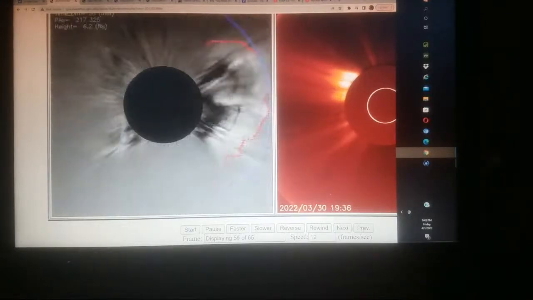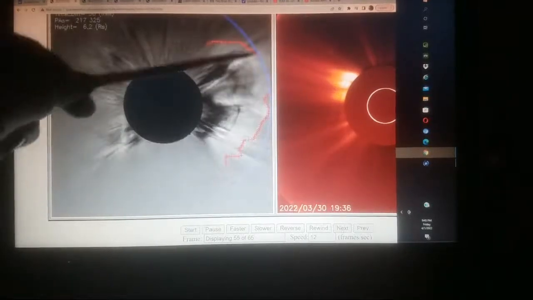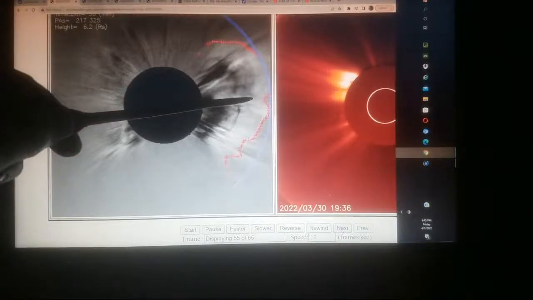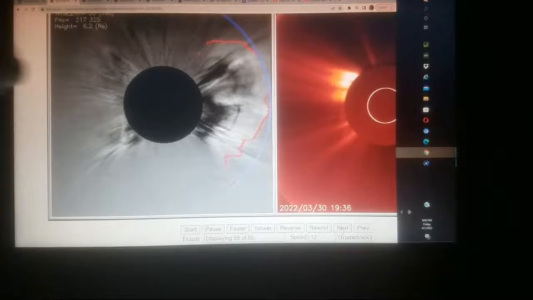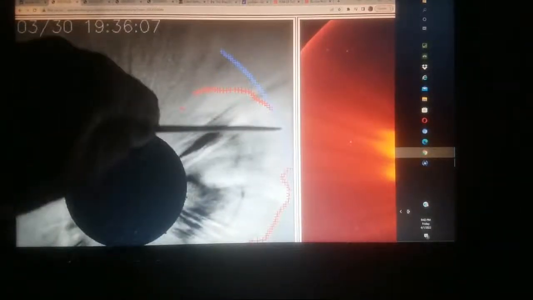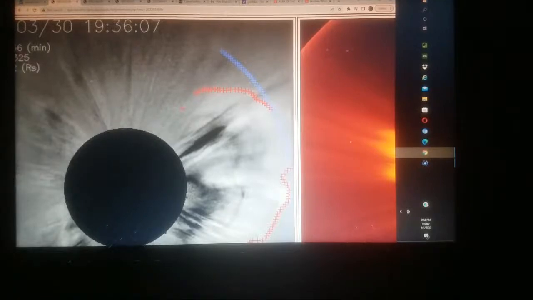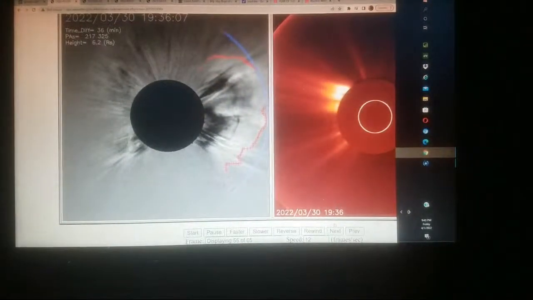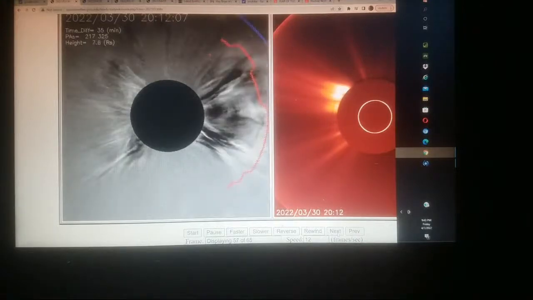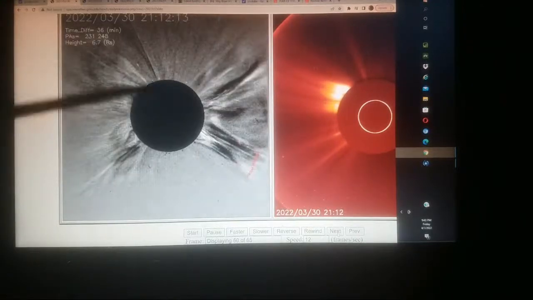Alright, here's the opening frame. It's already in progress. Most of it's moved out. There seems to be some kind of round curvature object right in that vicinity. Let me blow it up for you. Just something going on in this area. There's something in that area. Can't really make it out too solid, but as we go through the next frames, there appears to be something